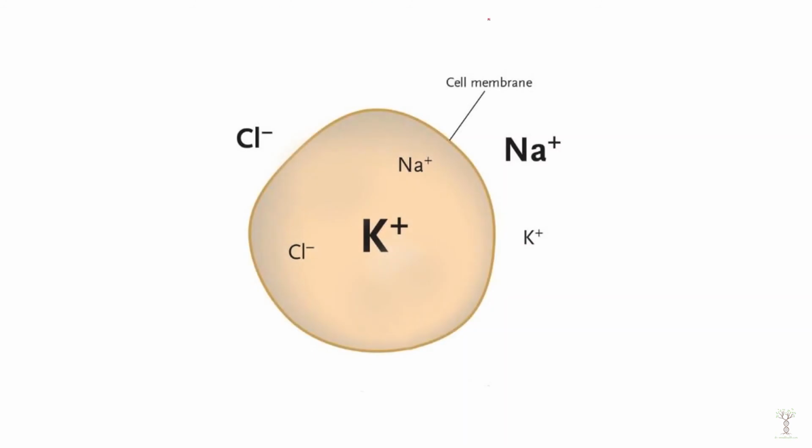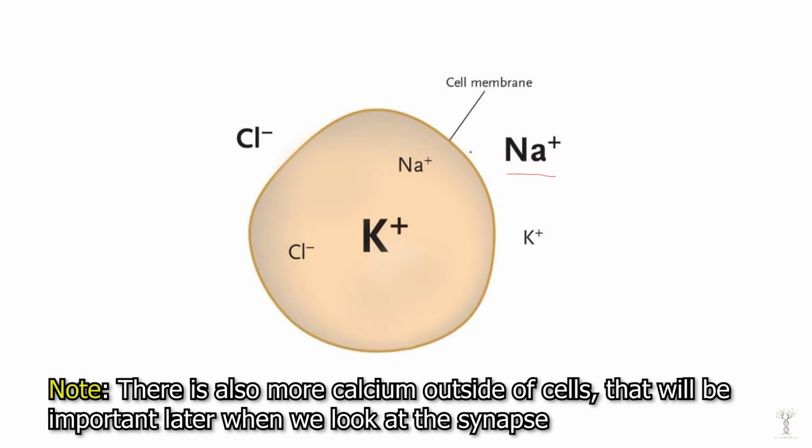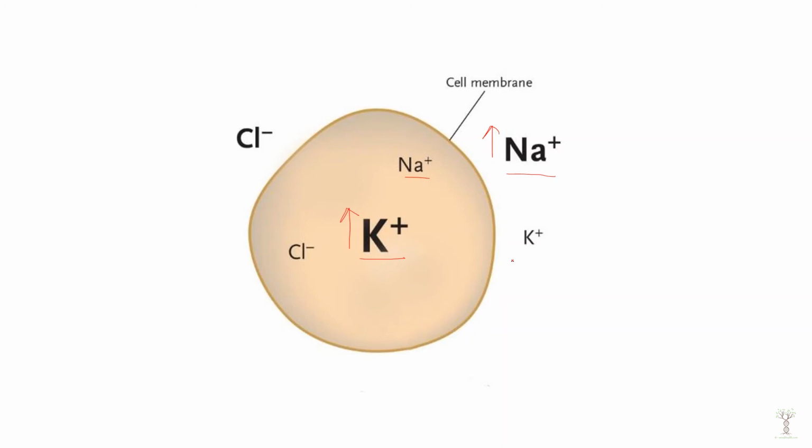Before we start talking about action potentials, I want to quickly review ion concentrations in a normal resting cell. In this cell, I have isolated a few ions that I want to focus on. First, we have sodium. There is more sodium outside of the cell compared to the inside. There is more potassium inside compared to the outside. In a previous video, we talked about how the sodium-potassium pump maintains this gradient by moving sodium out and potassium in. And then we have chloride, which is higher in concentration outside the cell compared to the inside of